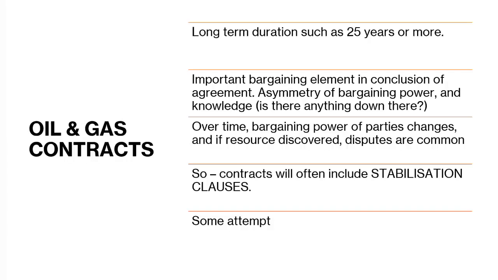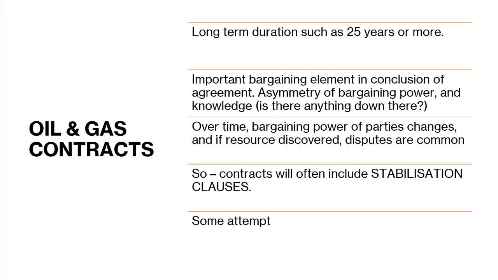They used to have something called a freezing clause, and you still have international lawyers who are obsessed with this. It's the only kind of stabilization they understand. They're a little bit slow, but freezing just basically says, this is the deal that we did, we struck it, it will not be changed. The law that applies to this deal is the law at the time that we signed the deal. Okay, so it's frozen, the law governing the contract. In a sense, practically this is rather hard to implement. It's also a little bit unfair, and it doesn't have many supporters.